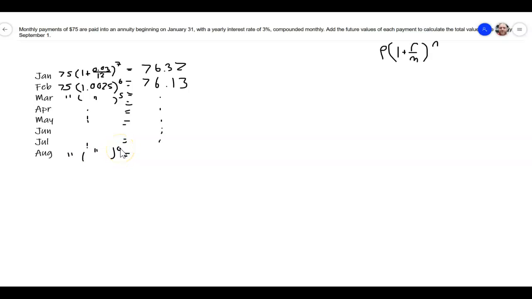Anything other than 0 raised to the 0th power is just 1. And then 1 times 75 is just going to be 75. And you're going to add all of those up. I'm not going to do all the middle ones for you. You can do those. But I will tell you, I think I did do the final answer, and it should